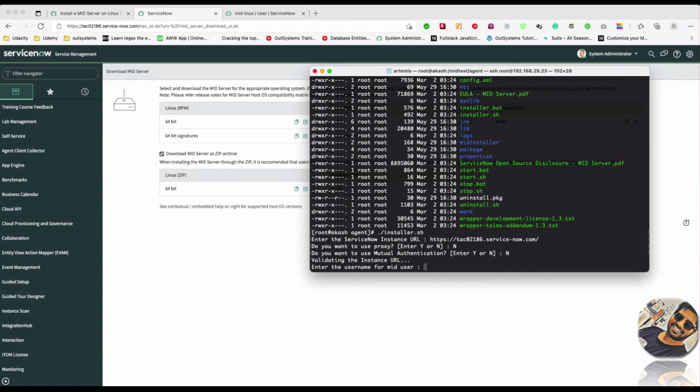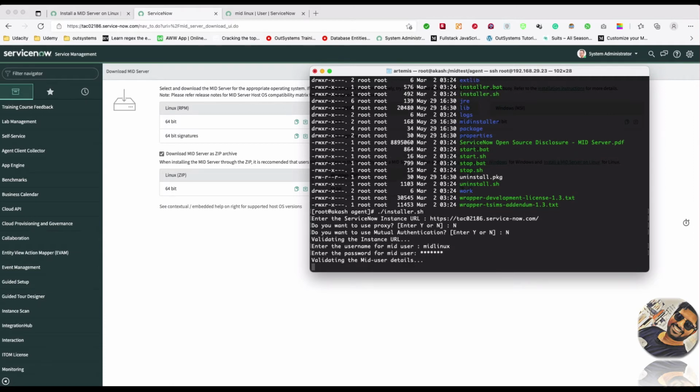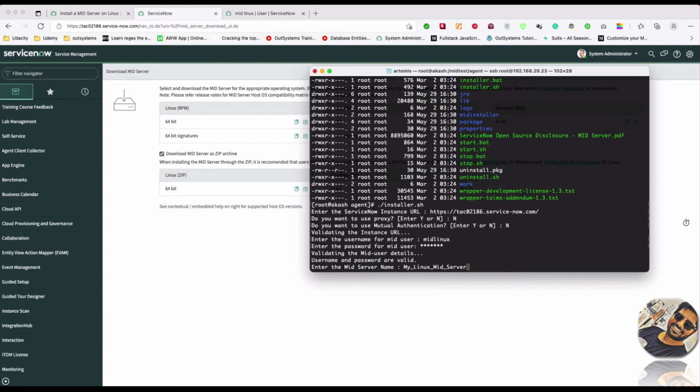So enter the username format. So R1 is mid Linux. Password mid at 123. It is validating this stuff. Username and password are valid. So now it is asking,